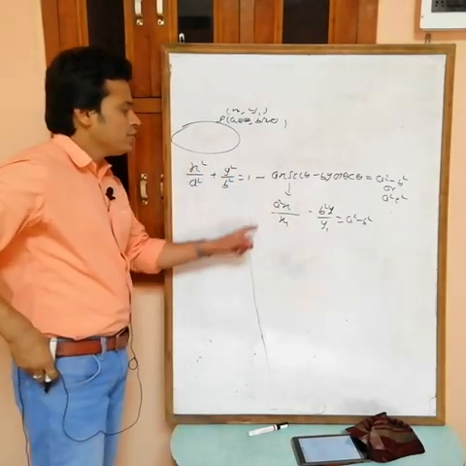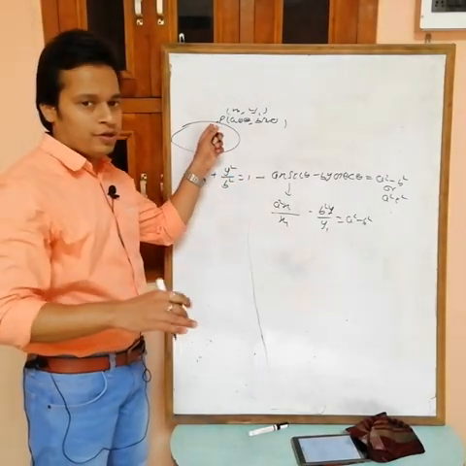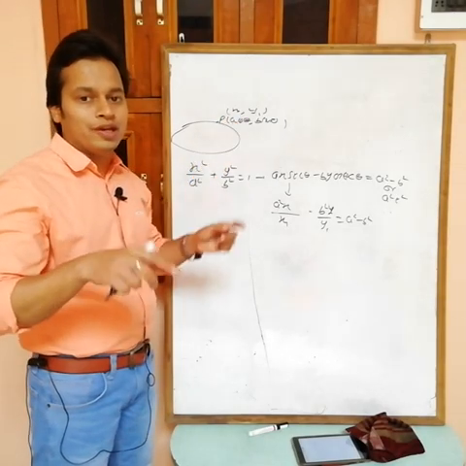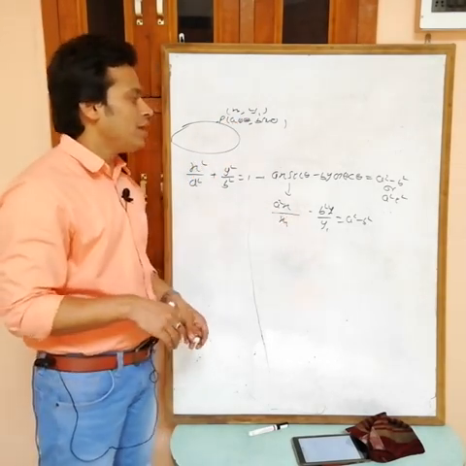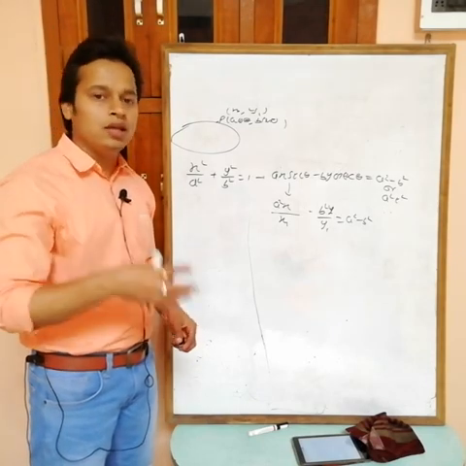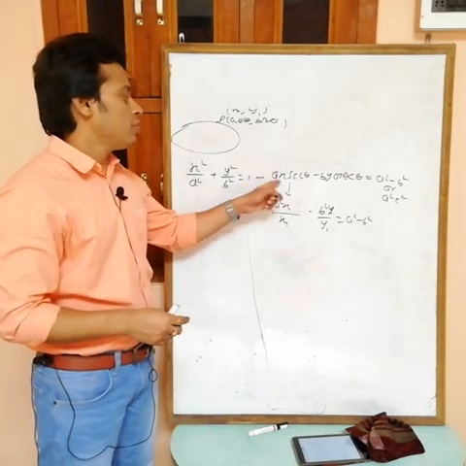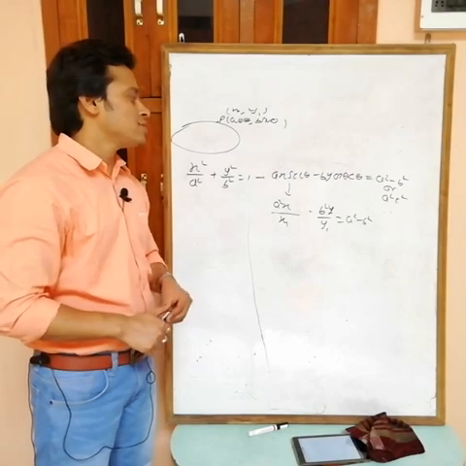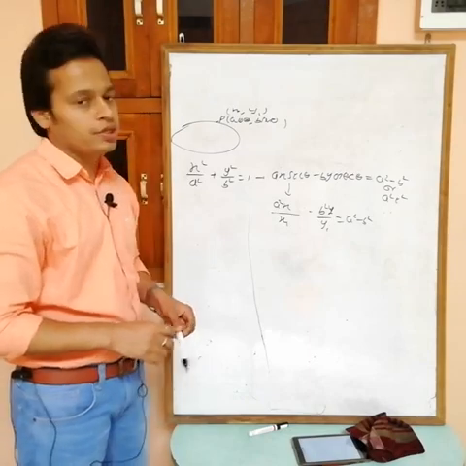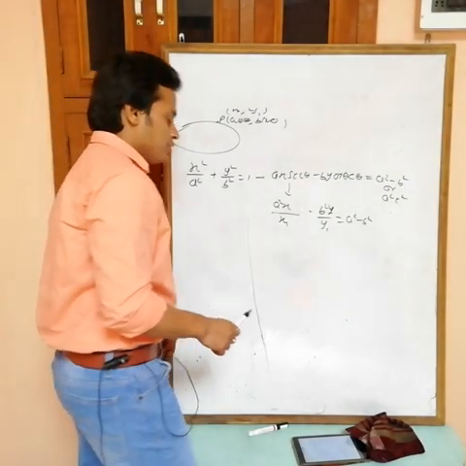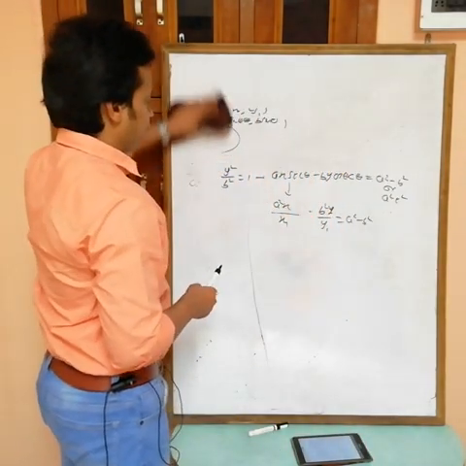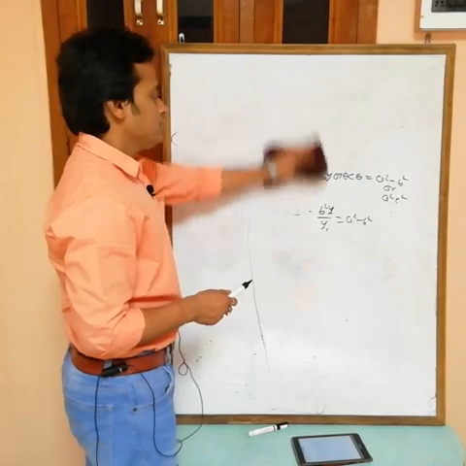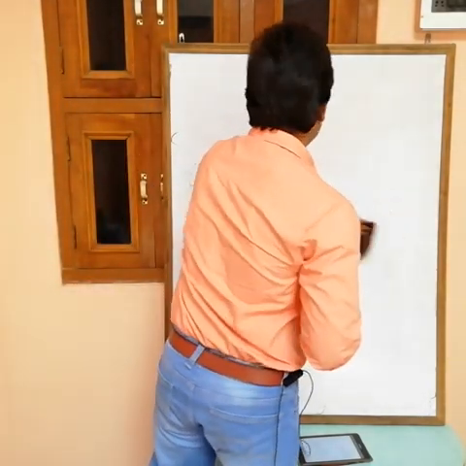So use this one if you directly have a known point on the ellipse, then the equation of normal at x1 comma y1 is this one. In any other case, always use the equation of normal as ax sec theta minus by cosec theta equals a square minus b square. Now we will take questions based on normal to the ellipse.